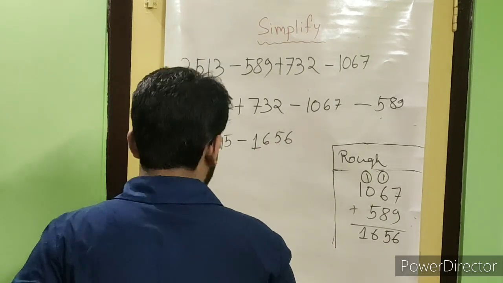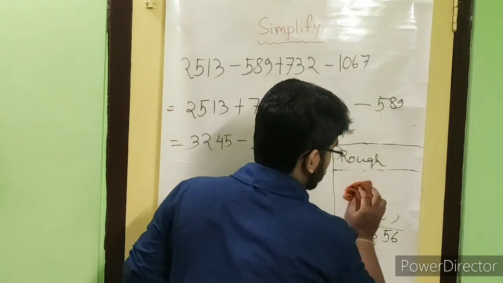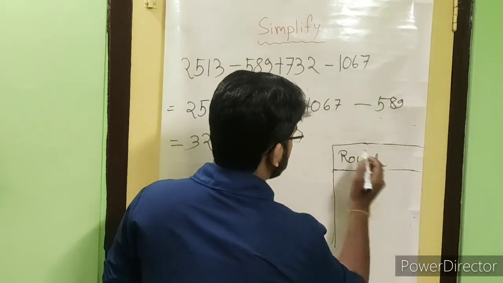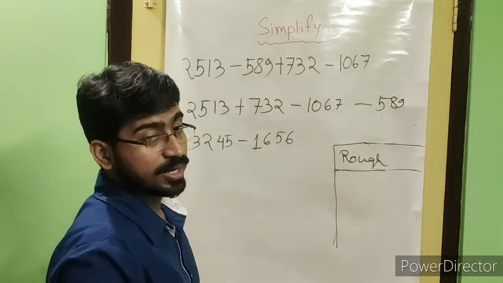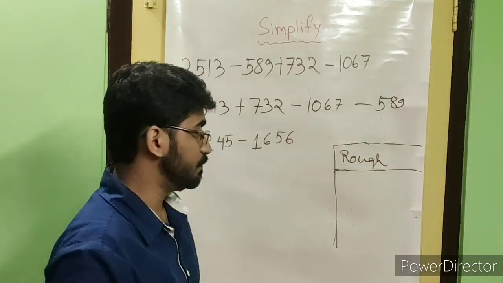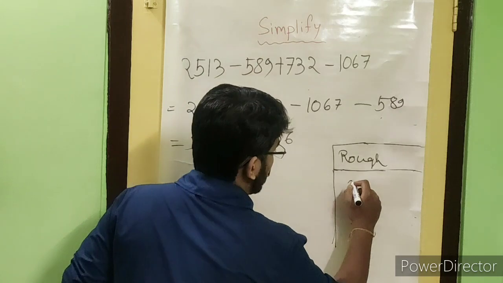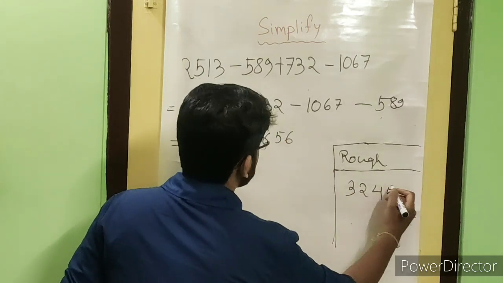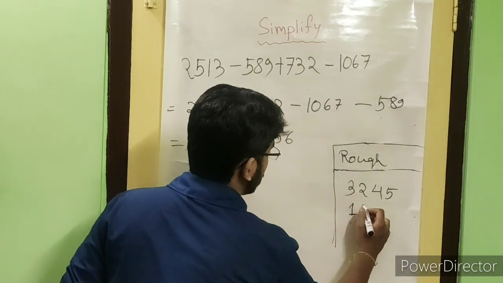1656. After that, as I don't have enough space, I am rubbing again. But students, please don't rub again and again to do a particular sum. Now we need to subtract this 1656 from